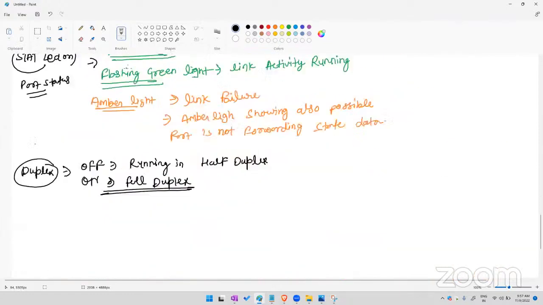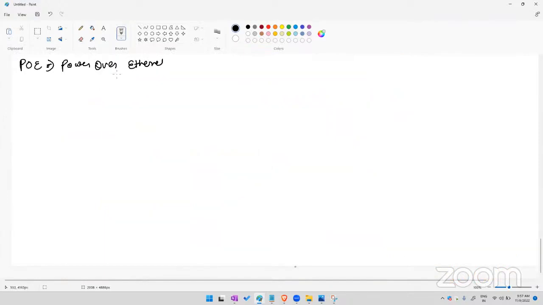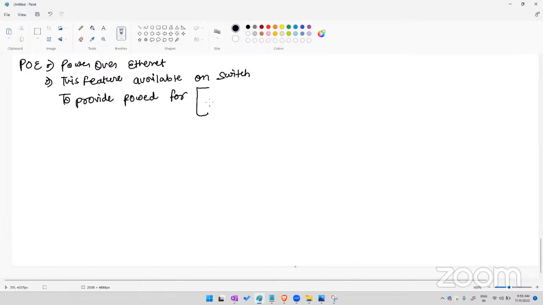Power over Ethernet. This feature is available on a switch to provide power for which devices here? Access point, IP phone, cameras, and security devices. If you're having a door security and other devices,